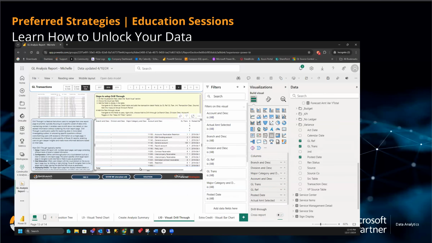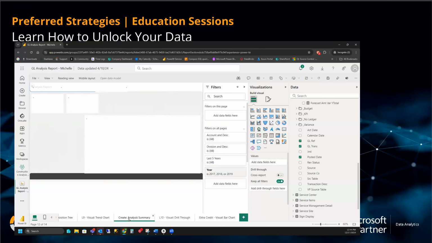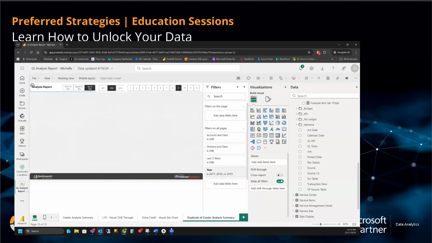Now what I want is my users looking at that picture, if they have questions, I want them to come here and see what are the transactions that make that up. So in order to do that here in our visualization pane, we need to add these drill through fields. These are basically the keys to get us to this page of the report. So I would take this visual and make it its own page. To do that, I'm going to go back here, take this page and duplicate it. So I just right click, duplicate,